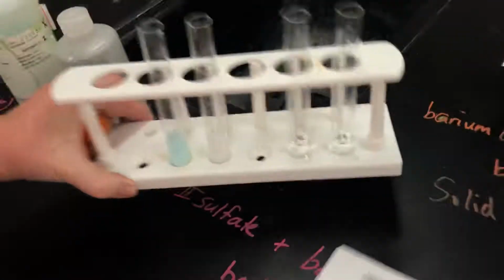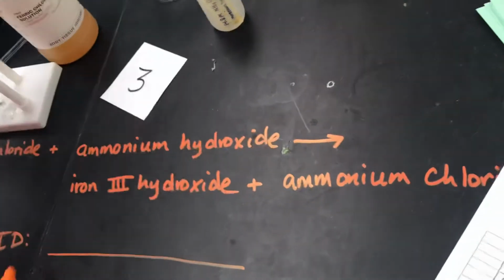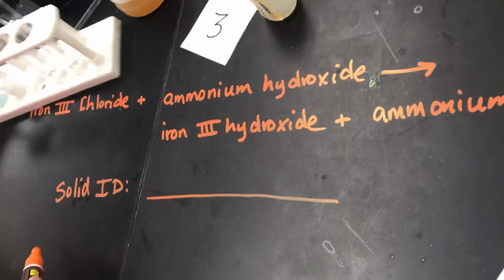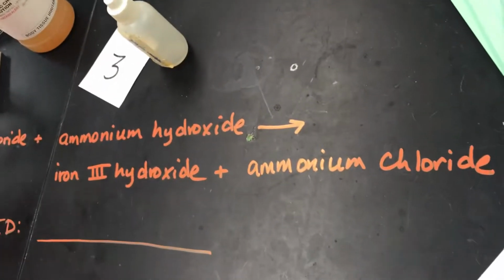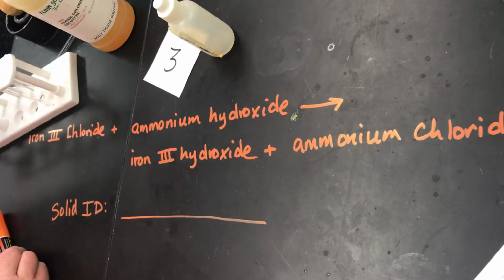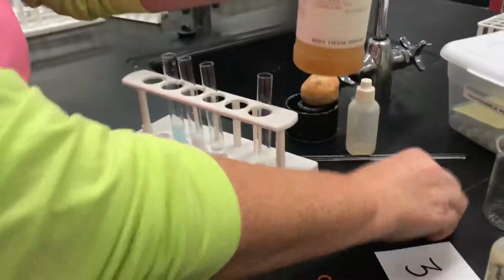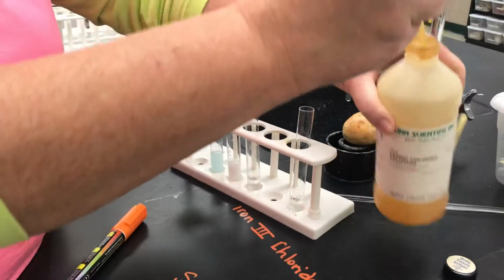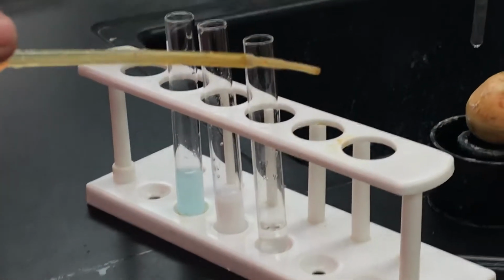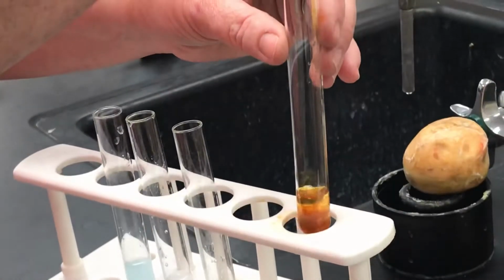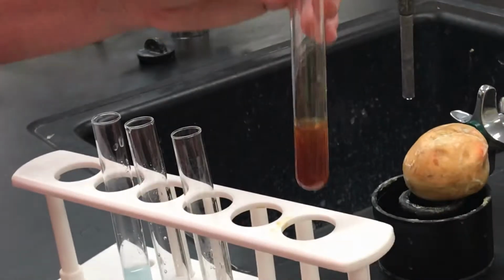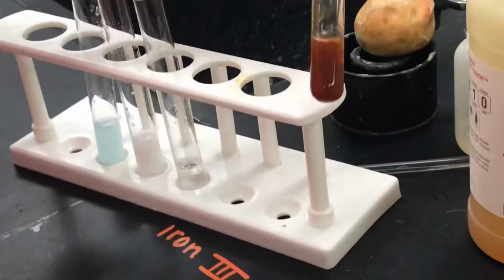I have one more reaction right over here that is similar. This combines ammonium hydroxide and iron 3 chloride. I've already put the ammonium hydroxide in, and it has a significant odor, and I did not want to combine the wrong thing. So they're both liquids that are transparent. This indeed is the ammonium hydroxide, and you'll notice when I combine it, we get this chunky solid that has